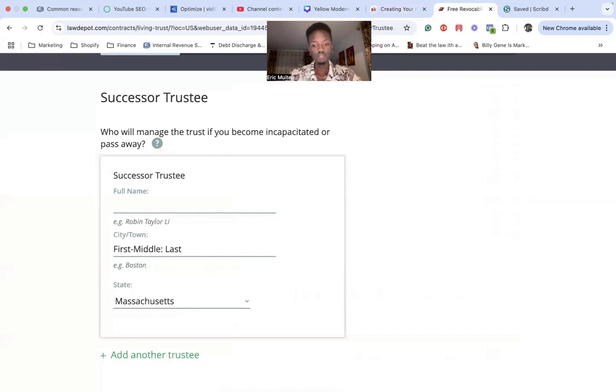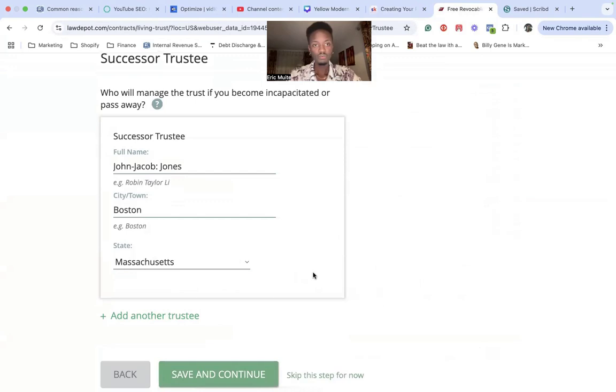You're going to do, say, John, with the dash, Jacob Jones. You live in the same place, right? Is it all making sense so far, guys? The grantor is your all caps name. You are the trustee. Now, what it means by incapacitated is if the grantor, for some odd reason, passes away,